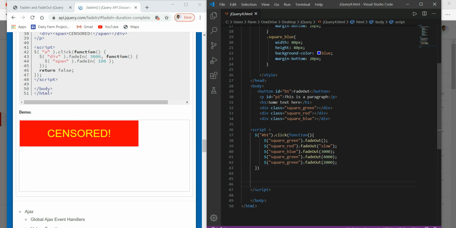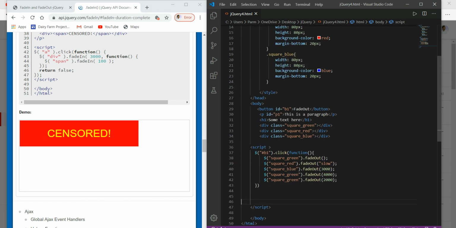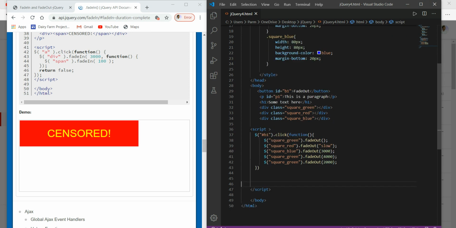Now here we go, see this. Here we have to specify the ID of these. This paragraph has the ID b1, so here we write paragraph hash b1, the ID of the paragraph, and here we have to write the header element. We only have a single one, so we are selecting the element over here, not the ID of that.